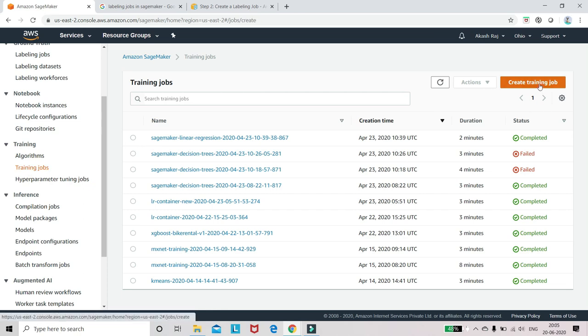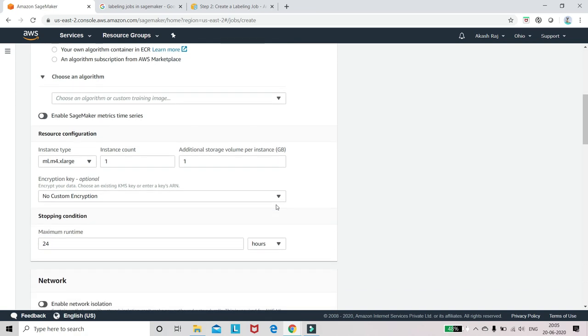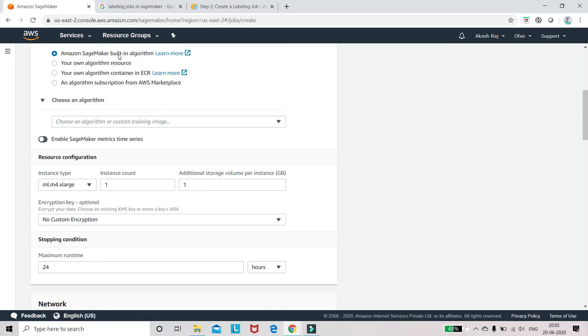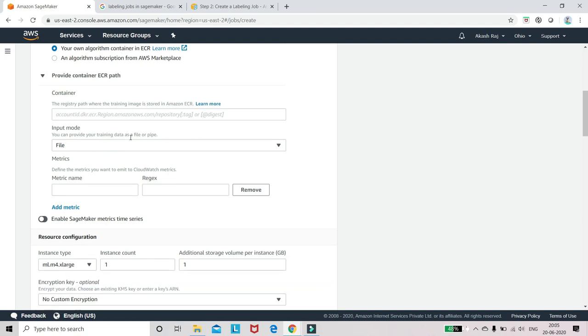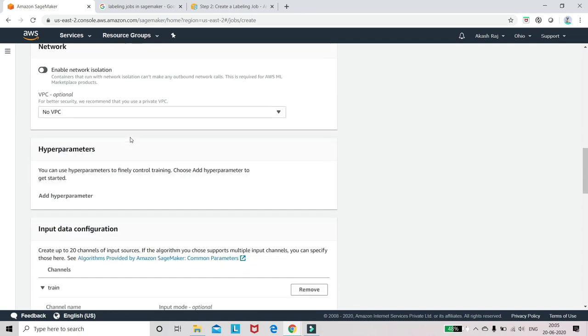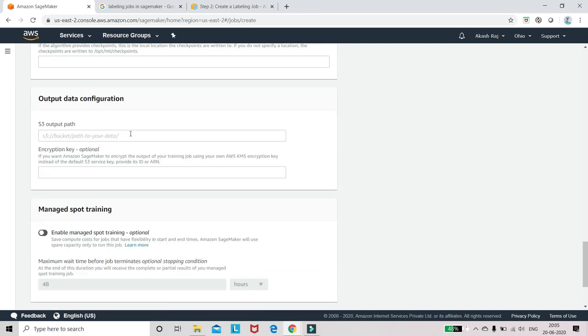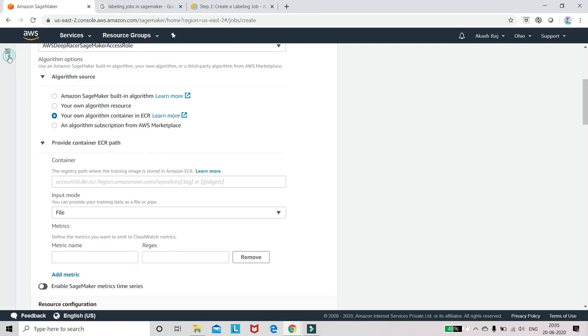In training jobs, you can use those particular algorithms. You can create a training job here, and you have to specify many parameters like instance type and which type of algorithm. We can have our own algorithm in ECR, which we call Elastic Container Registry, which is a Docker path. We will dive deeper into that later. So hyperparameters, input data, output data models, where we will be saving the outputs of our model training. For example, we have pickle files.